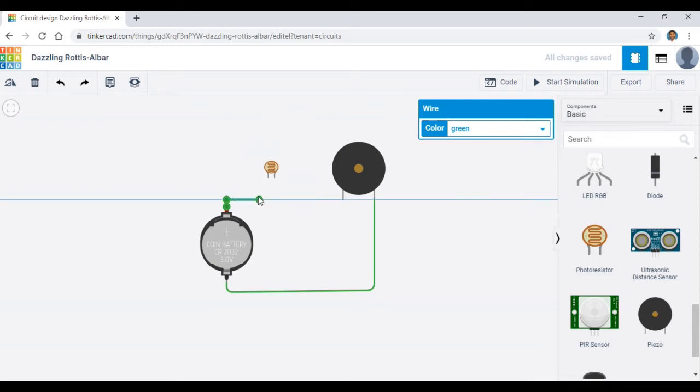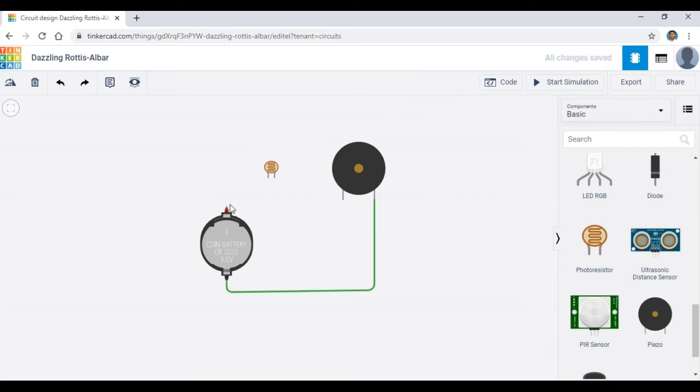So I'm going to connect this. I'm removing the connection from the buzzer positive, so I'm going to delete this connection. Now I'm connecting the positive of the battery to terminal 1 of this photoresistor.